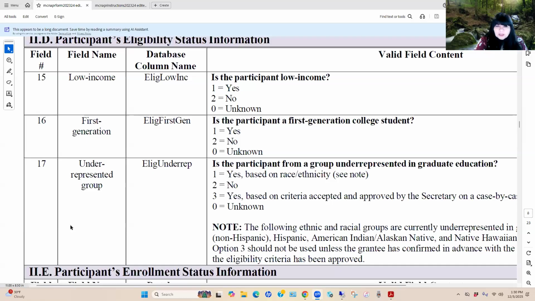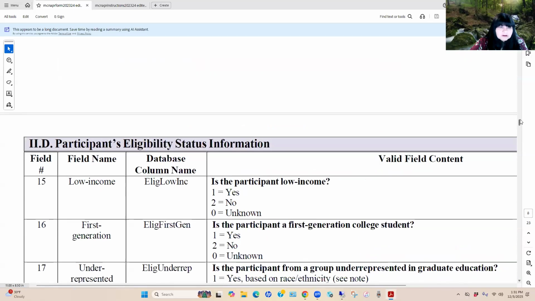But other than that, I think gender has now been changed to sex CD, right? Whereas before it was gender and it had other options. That's why I wasn't anticipating major changes at all to this APR.